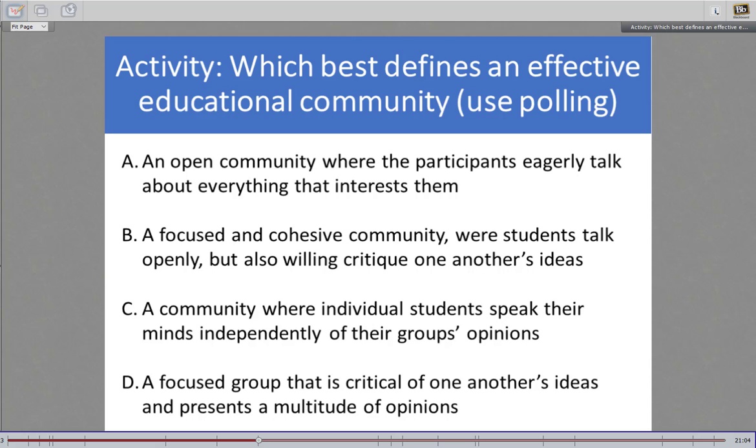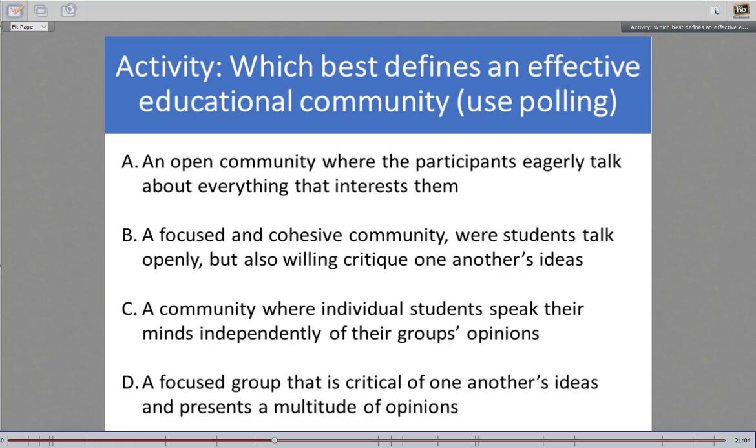Now, I've got a quick activity, so let me change the polling choice up here. What I want you to do is look at this, what best defines an effective educational community, and using the polling tool, pick which one you think best describes an effective educational community if we're thinking about social presence. A: An open community where participants eagerly talk about everything that interests them.